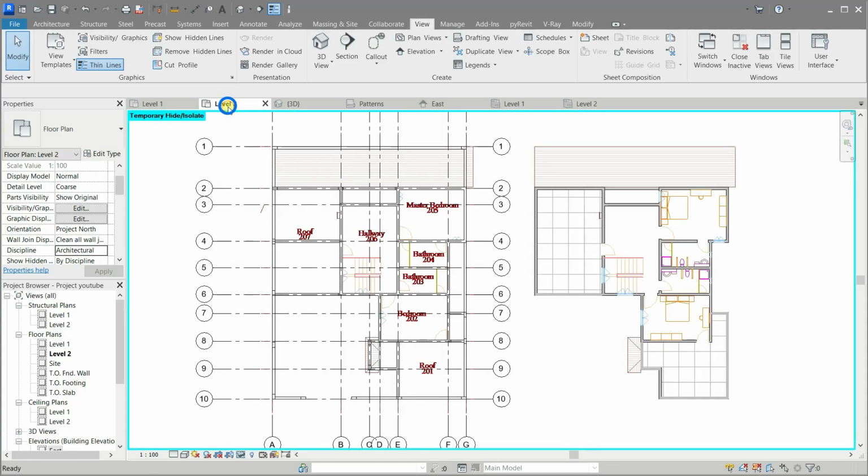Let's head back to the architectural view of level 2. Change its discipline to structural.